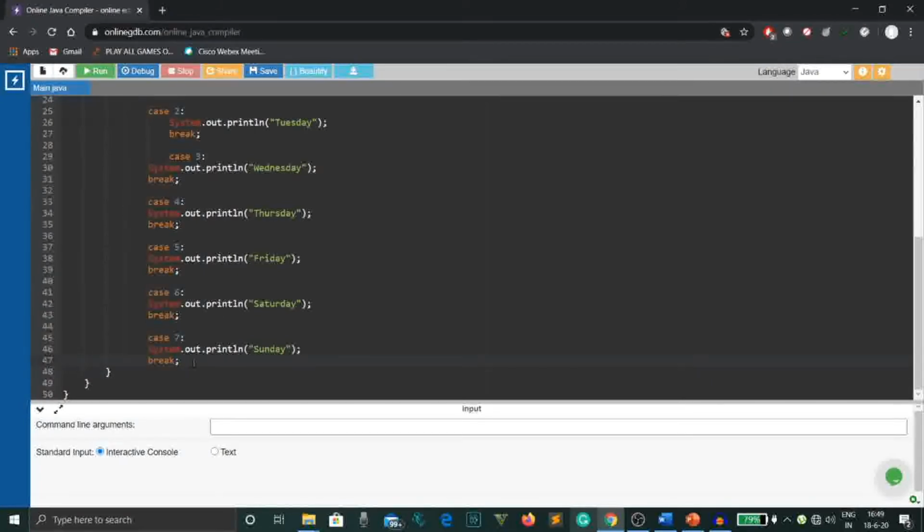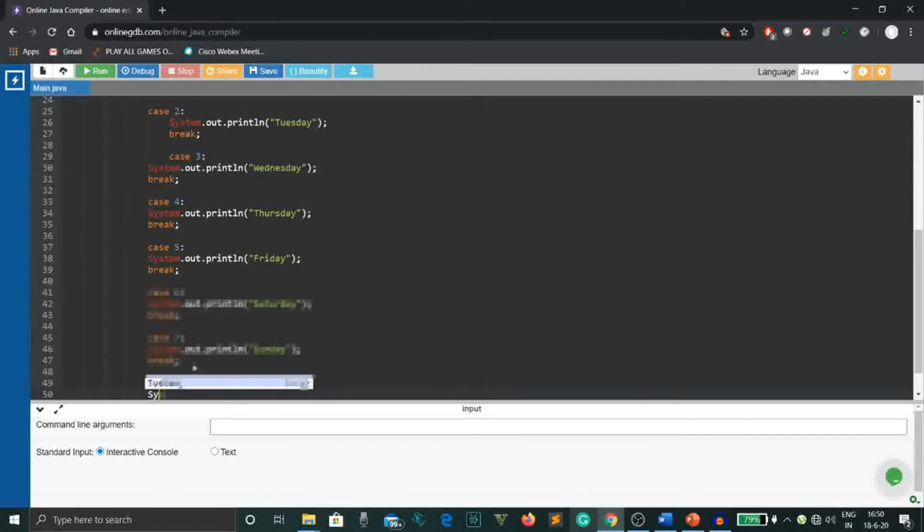Now, like in the last program, we use the else statement to tell the computer what if the user enters anything beyond 1 to 7. So here we do not have the else statement, but what we have is the default keyword. Here the default works in the same way as the else statement. If none of the cases above are chosen, then by default this case will be chosen.